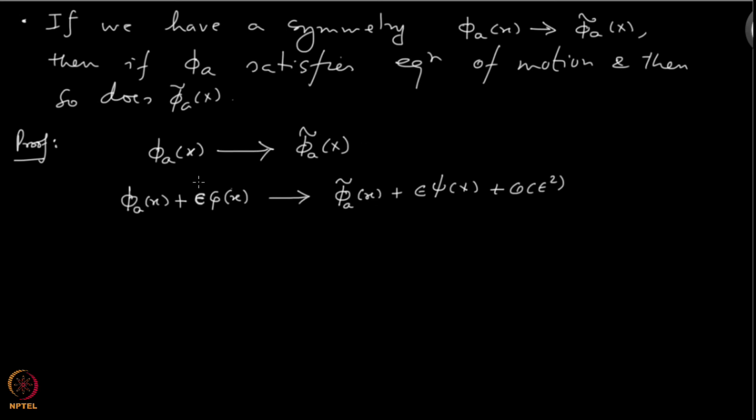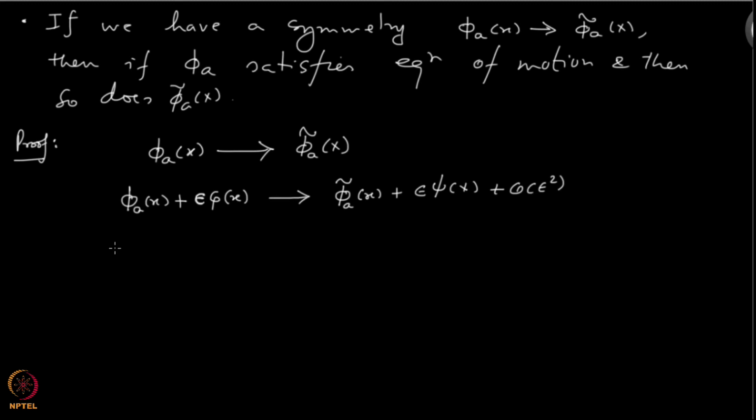I am of course assuming that the transformation is smooth, so that a small change in the original field configuration from phi a to phi a plus epsilon phi does not create a finite jump, otherwise it will be a trouble. You want the change to be of order epsilon. So, we are assuming smoothness here,